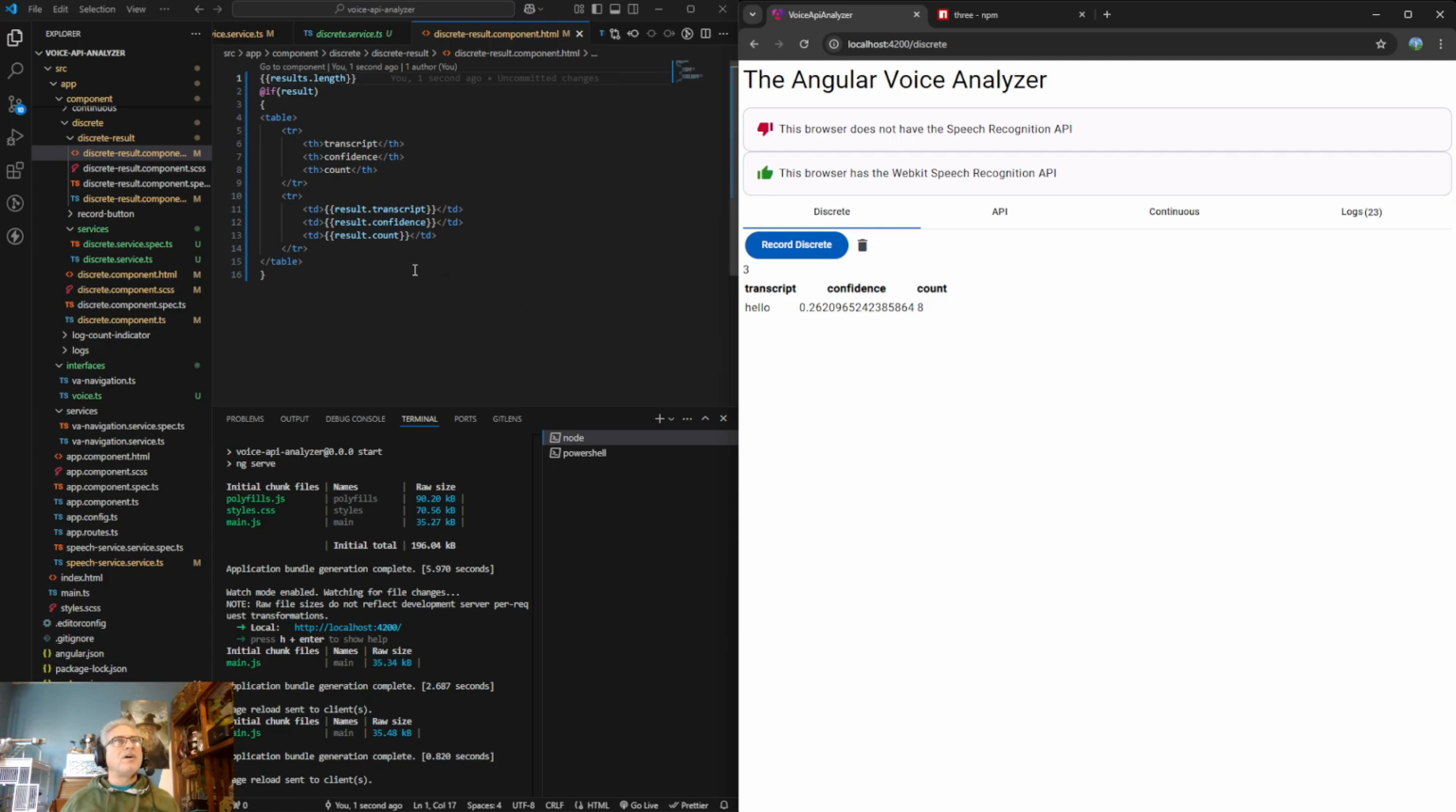Okay, so now let's see. If results dot length is greater than 0, then